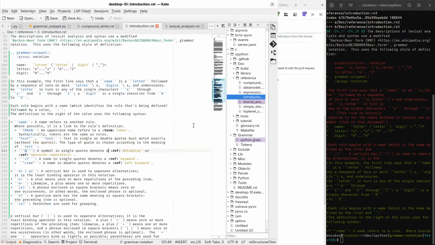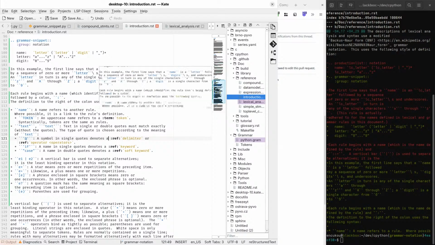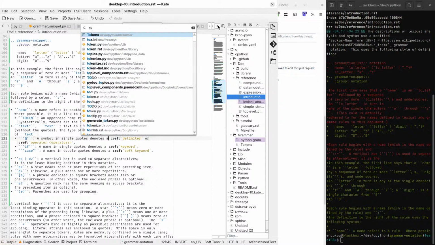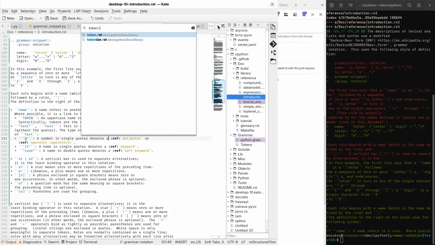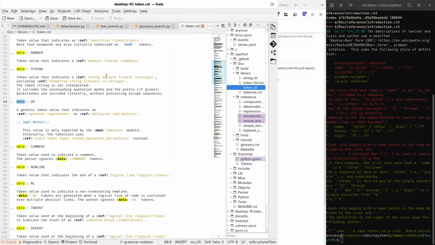Probably link to the up token. Right. This one.